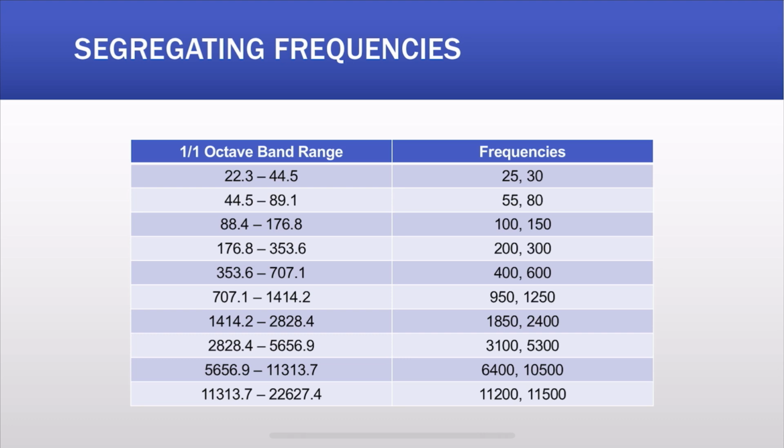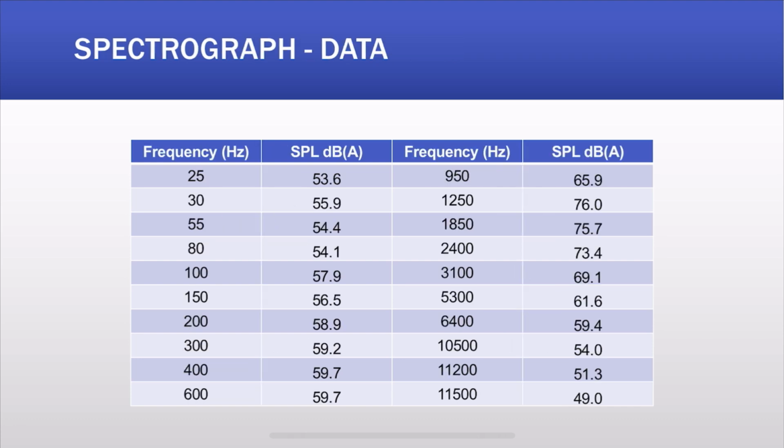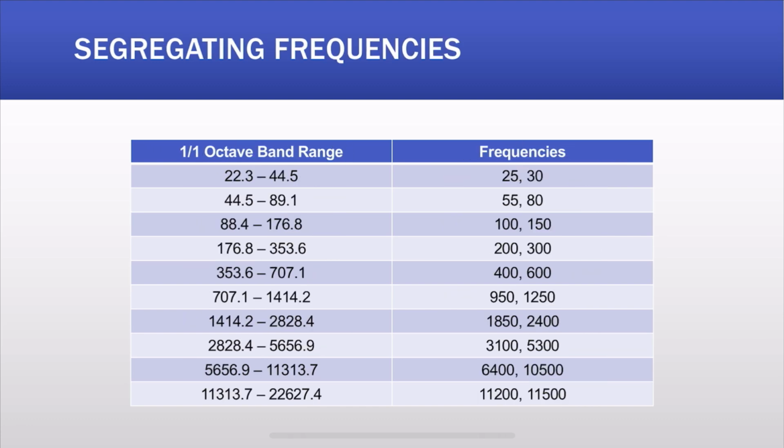Second, we segregate the frequencies. Now, we do know the range of the octave bands. For example, the 31.5 band spans from 22.3 to 44.5. So we know all the values for each of those octave bands. Now we're going to segregate the frequencies. For example, we know what frequencies are present here, and we start segregating the frequencies that fit within this particular band. For example, 25 hertz and 30 hertz fit within this band, and 100 hertz and 150 hertz fit within this band. So we do that for every single band, and we can start accumulating frequencies that actually fit within the octave